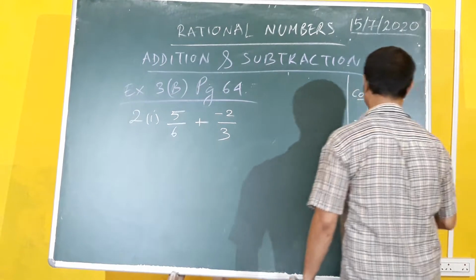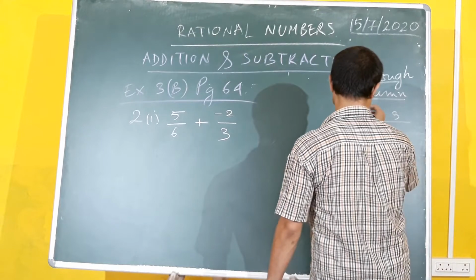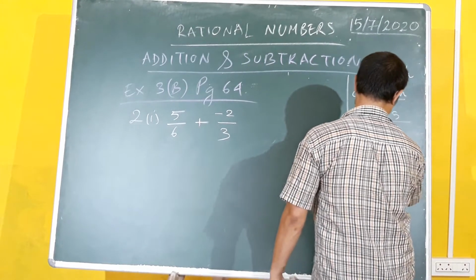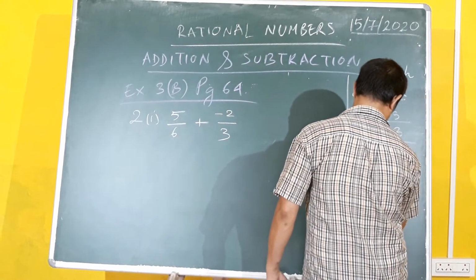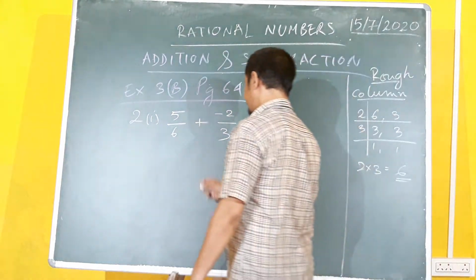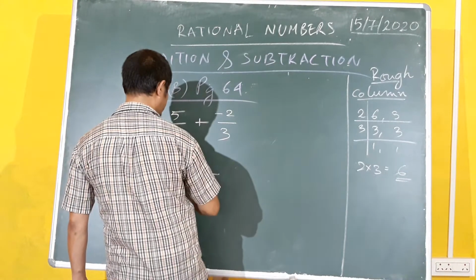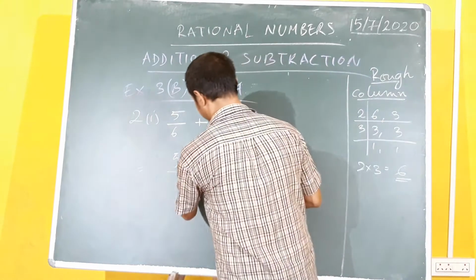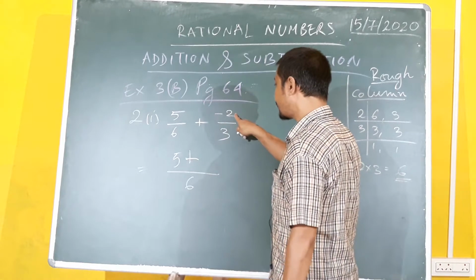Okay, so LCM. What we are trying to do is find the LCM of 6 and 3. So with the lowest number, 2 3s are 6, 2 3s are 3, 3 1s are 3, 3 1s are 3, right? After that you multiply the two of them. So your LCM is 6. So in this case the LCM is 6. Okay, so 6 1s are 6, 1 5s are 5, plus 3 2s are 6, 2 2s are 4.